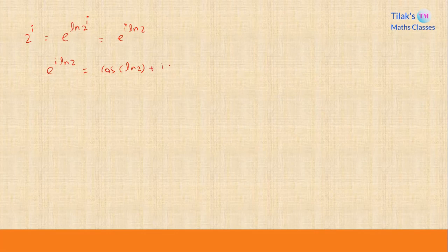plus i sin ln 2. So 2 power i is equal to cos of ln 2 plus i sin ln 2. So this way we can determine what is the value of 2 power i. As you can see, this is a complex number having both non-zero real part and imaginary part. If you want to simplify this further, then you will get 2 power i is equal to 0.769 plus i